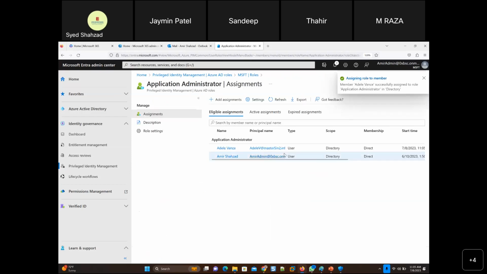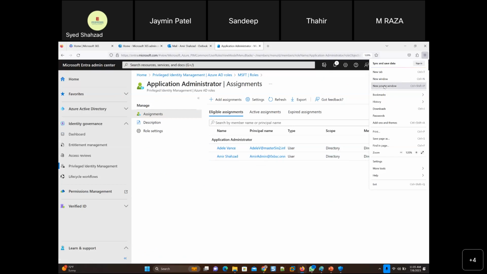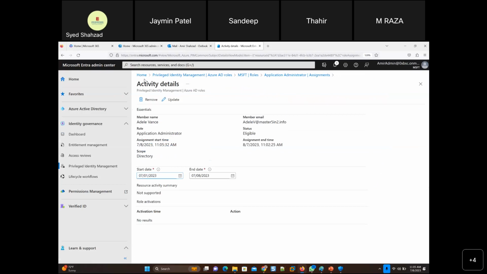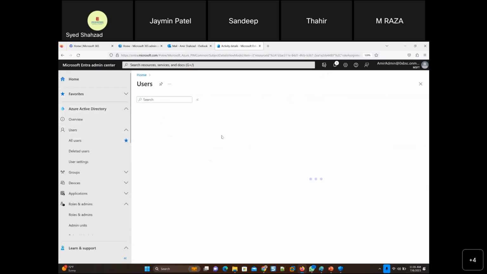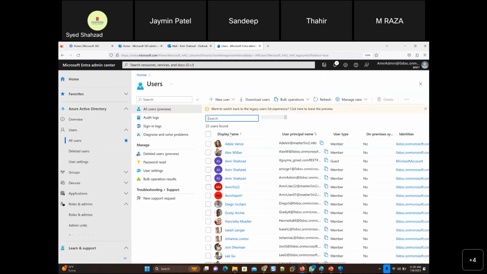So that role was given to Adele, and she would be getting an email. Let me just show you the email as well. New in private window, and I need Adele's username and password. So she would get an email now. Azure directory, users, all users, and Adele.